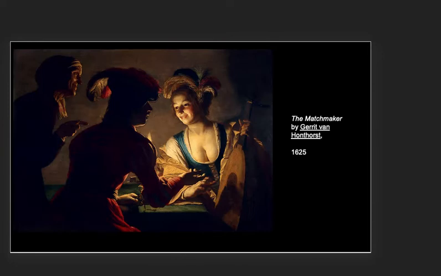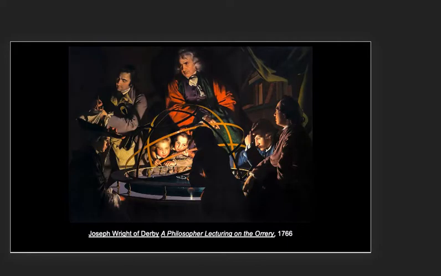So there was a big trend in the Baroque era, which directly followed the Renaissance, to utilize a kind of candlelight to create a sense of narrative and to hide a sort of emotive response of the peripheral subjects, such as in this one, right? The Matchmaker. So we've got this sort of moody atmosphere that is meant to sort of elicit a magical feeling. And the light tells you who is important and why to look at them. This was a thing that was employed often.